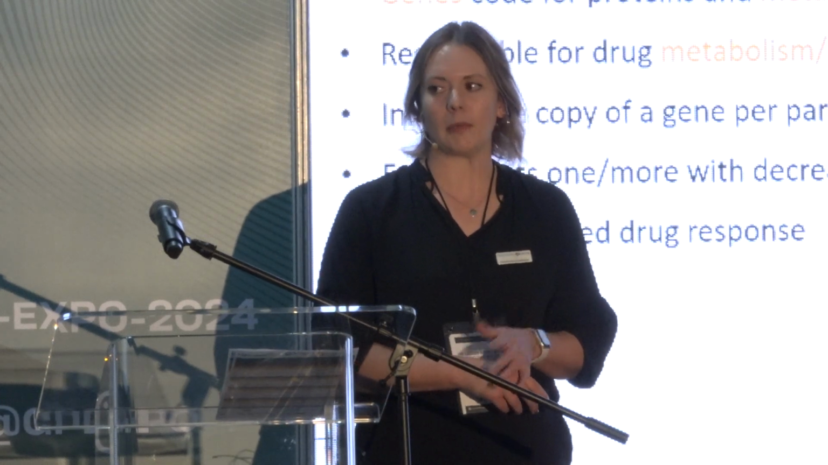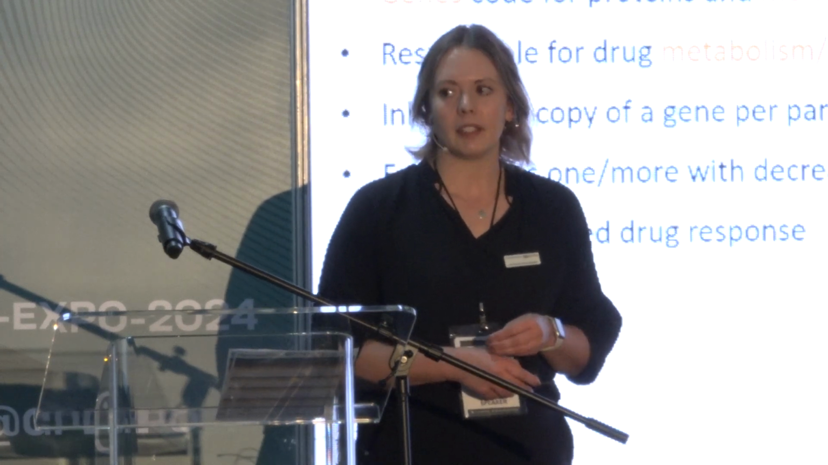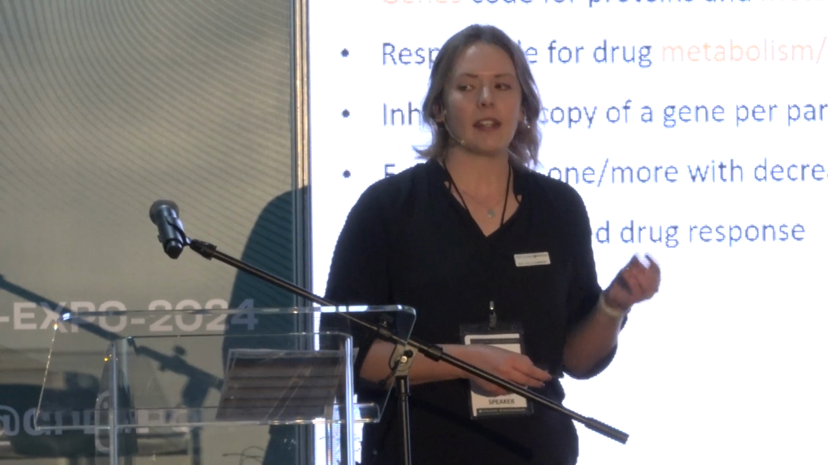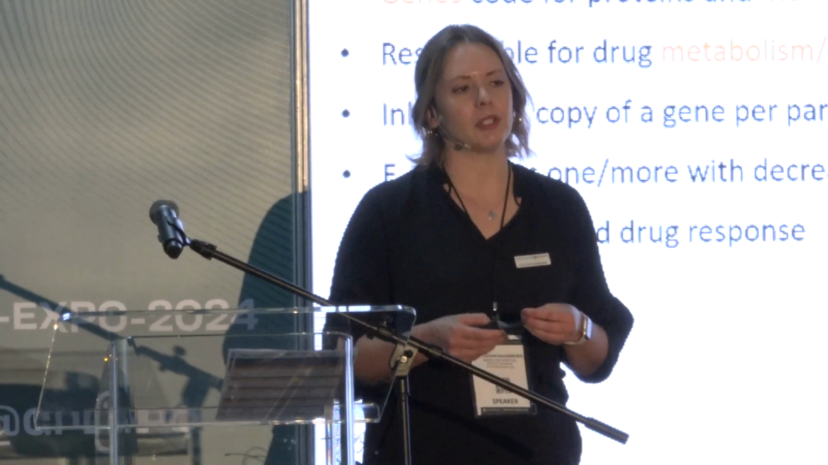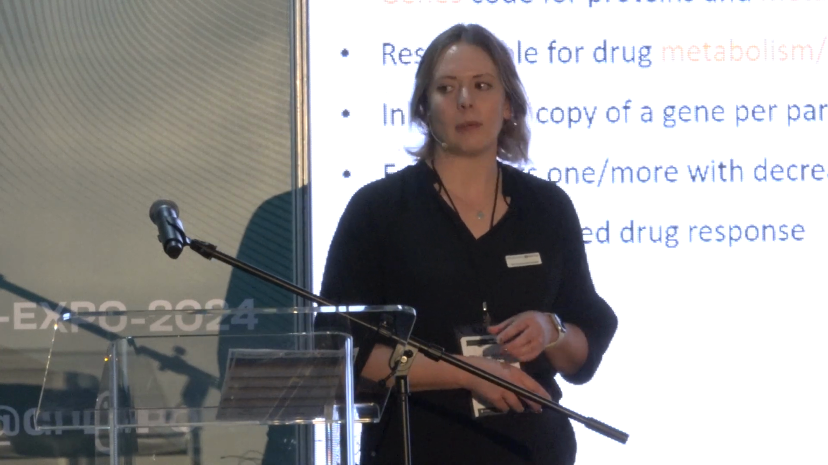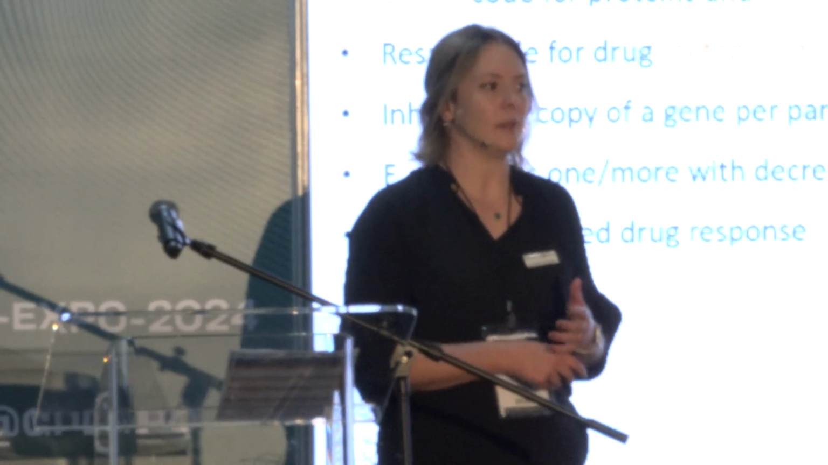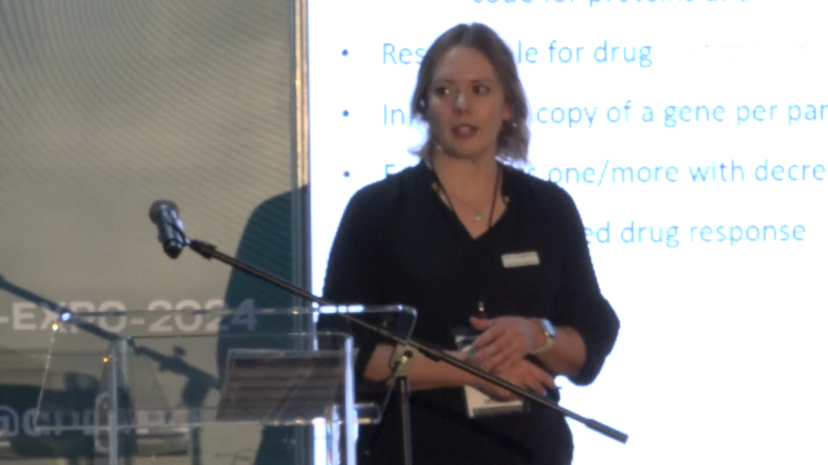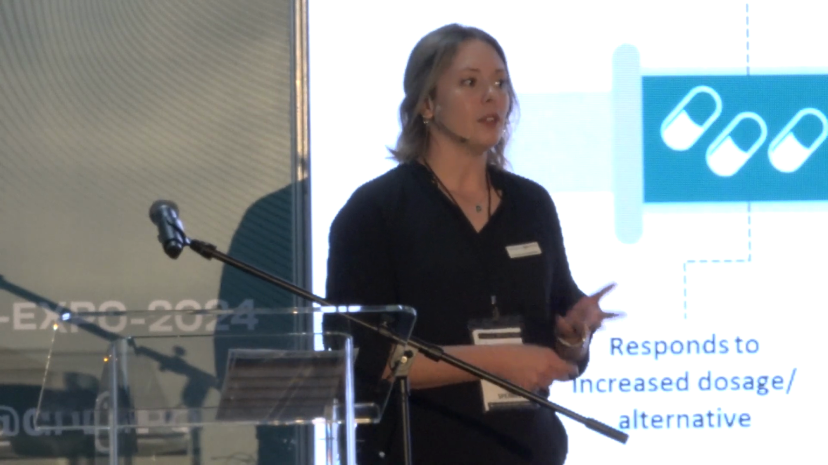So for example, we obviously inherit a copy of a gene from each of our parents. So for instance, a patient inherits a gene that has lowered or decreased function from one parent and a normal gene from another parent. This may result in an altered drug response. So based on that genetic principle is how a pharmacogenetic report is produced. It's on those kinds of building blocks. So what that looks like in a result format,